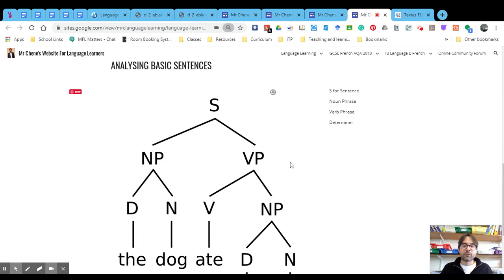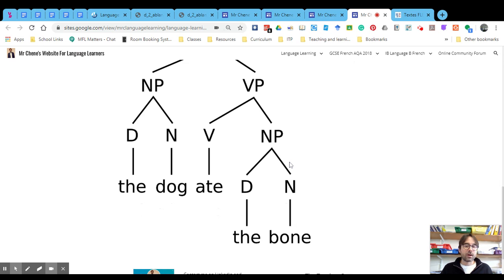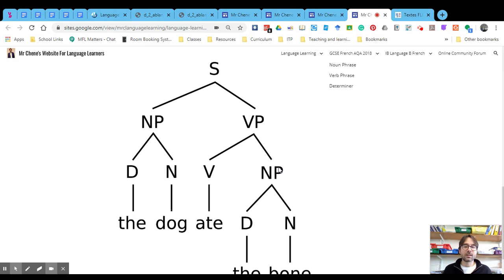You also need to be thinking about how things are organized. For example, you know that in most sentences you've got a verb for be, and it's doing the action. The action is done to the bone, of being eaten. And the is a determiner and bone is a noun, which this section we call a noun phrase. And being able to decompose the sentences in that way is going to really help you, particularly in French